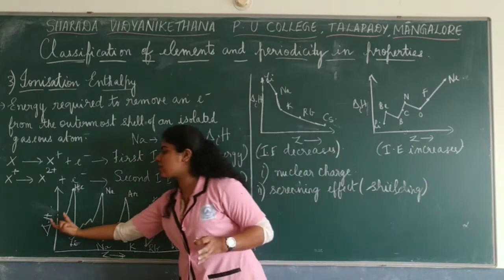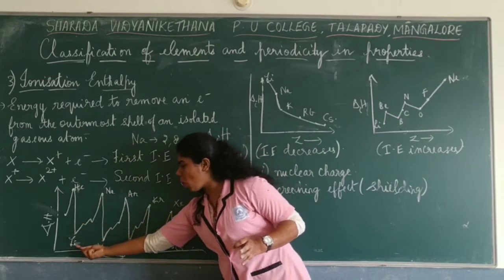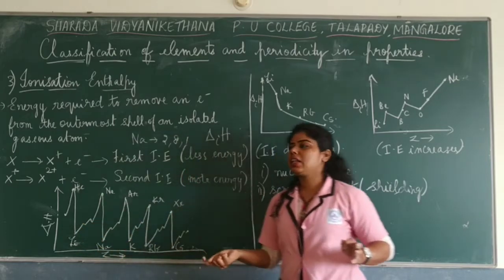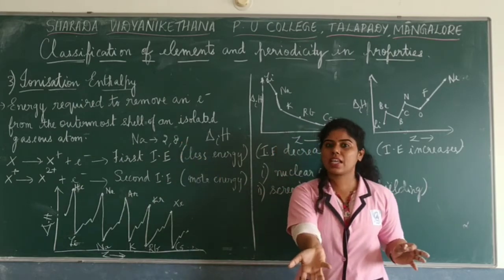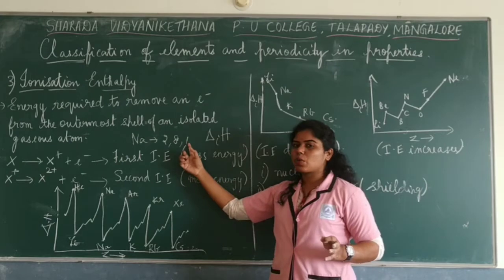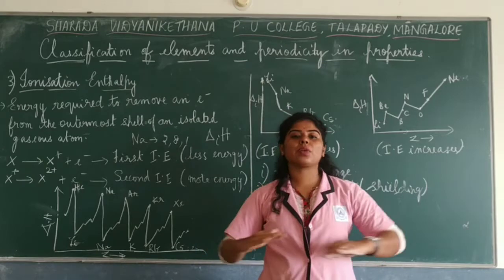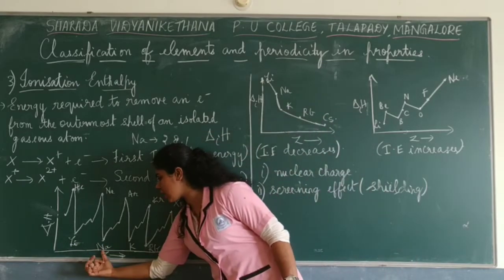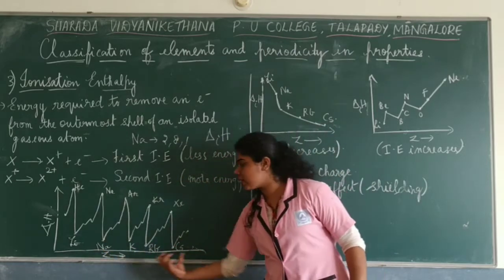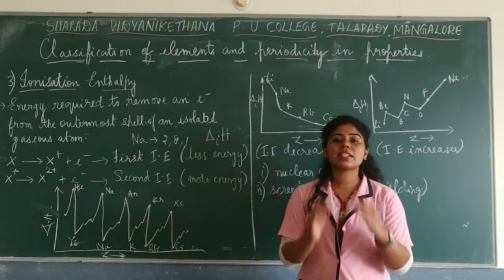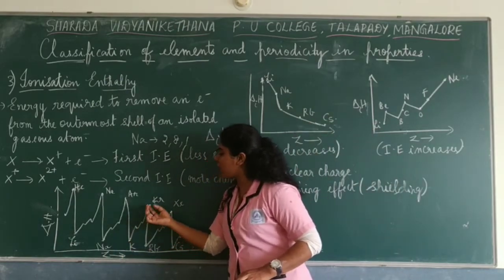So what happens to the ionization enthalpy? Obviously it increases. Now when you come down to the bottom, you have alkali metals. Alkali metals will always have one electron in the outermost shell, which is much easier, I told you. Removal of one electron is very easy. That means they will have low ionization energy or low ionization enthalpies. So you have it at the bottom. You have lithium, sodium, potassium, rubidium, cesium, all these alkali metals which require less energy to remove one electron from the outermost shell. Then 2 would be slightly greater, 3, 4, 5, 6, 7, 8.